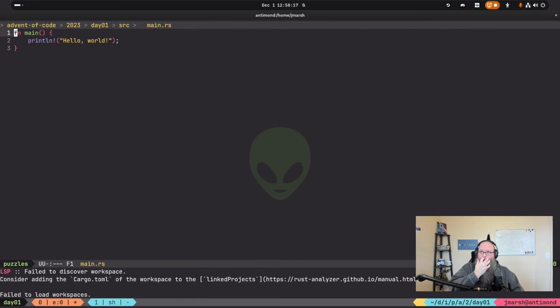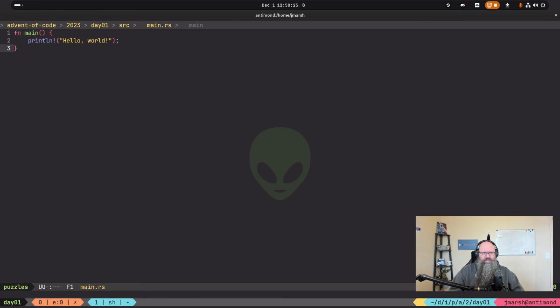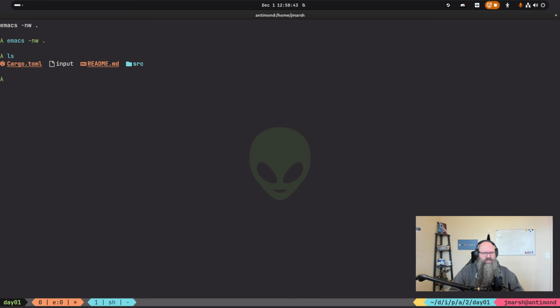My projectile in Emacs is going to find all of them. The next time I'm doing things, I may have to do something interesting in that respect. Maybe I should be doing these in their own repo. That might make more sense. I can figure out how to share the code later. It's a little weird that it doesn't actually do that. I think it's because I'm already in a Git repo.